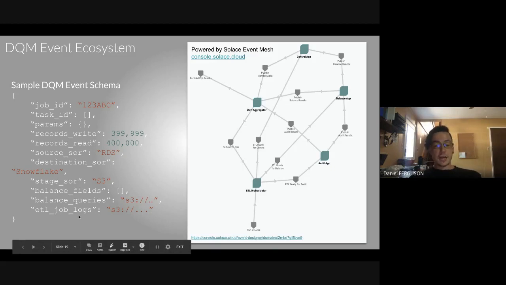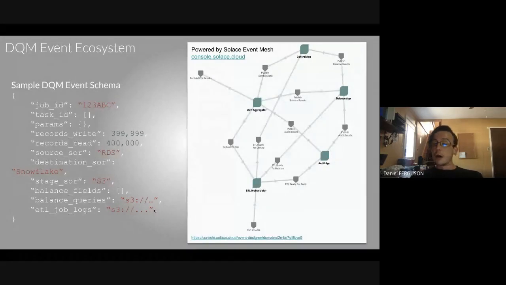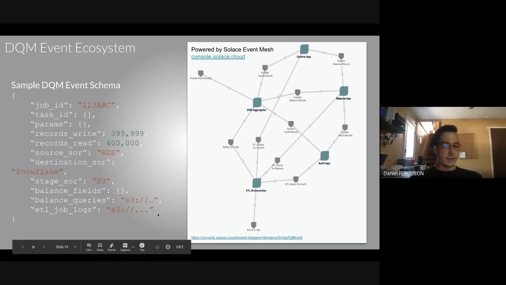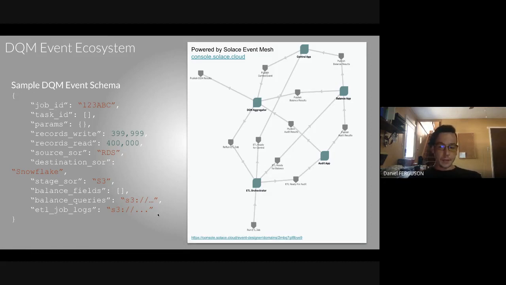If your ETL job is telling you exactly what records were pulled, then it may be more in your interest to send the S3 log location instead of making balance queries, so that you can reverse engineer the logs to know exactly what records were pulled and what records were manipulated, and what records should have been manipulated that were missed. So you can be pretty creative with this. There's a lot of different ways it can go.